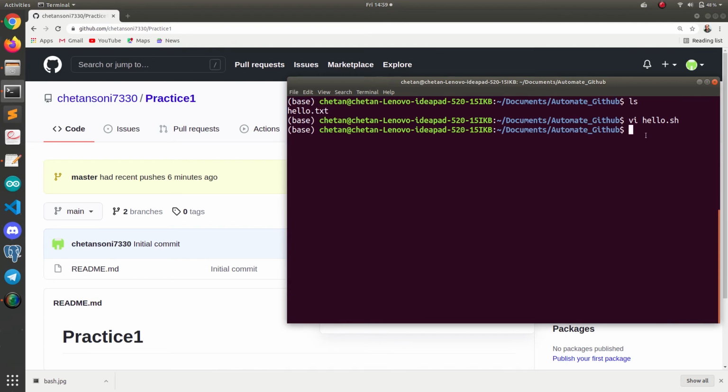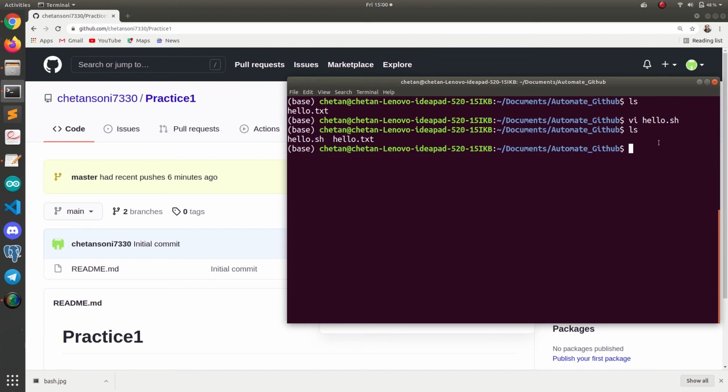Now guys, we have created the hello.sh file. So we have these 2 files. Now if we run this hello.sh file, it will not be executed, because we have to put this hello.sh file to our /usr/bin folder with the help of our root user. We cannot execute any command inside that with the help of this Chetan user.